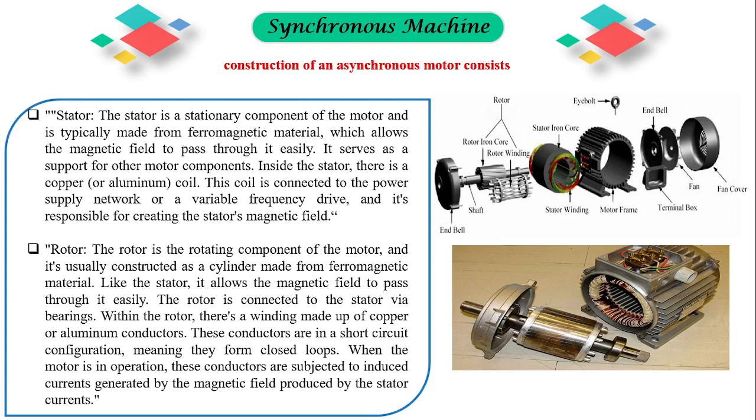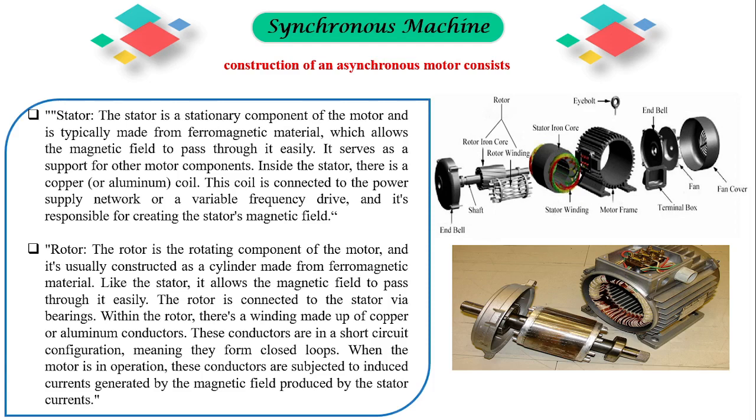made from ferromagnetic material. Like the stator, the rotor allows the magnetic field to pass through it easily. The rotor is connected to the stator via bearings. Within the rotor, there's a winding made up of copper or aluminum conductors. These conductors are in a short circuit configuration, meaning they form closed loops. When the motor is in operation, these conductors are subjected to induced currents generated by the magnetic field produced by